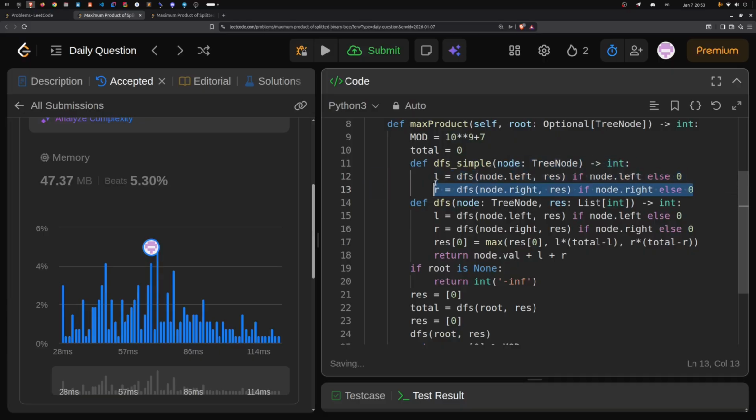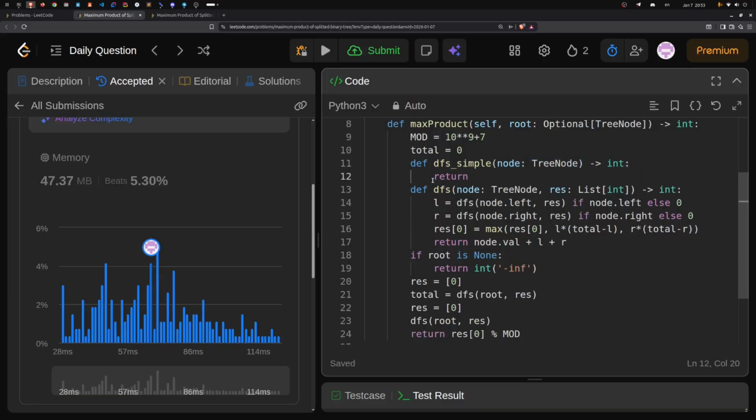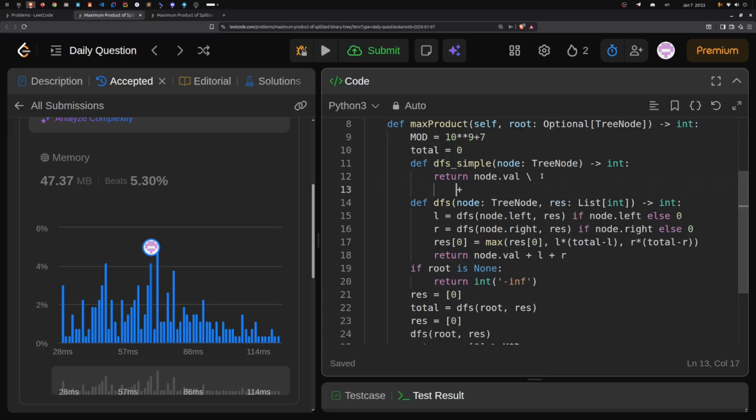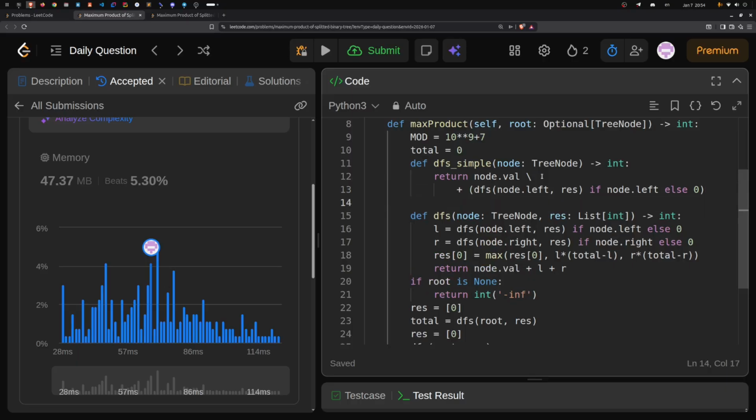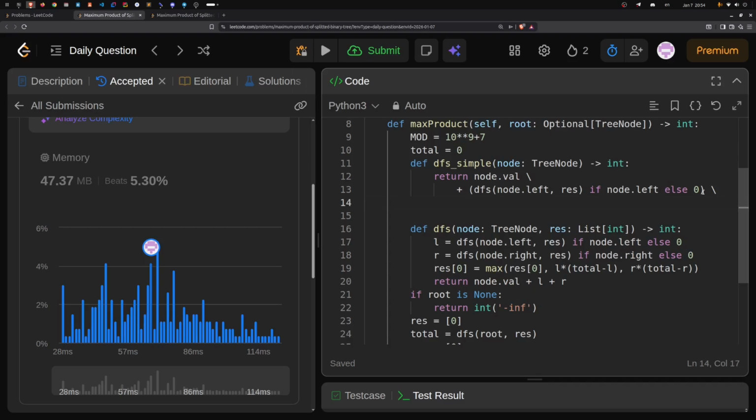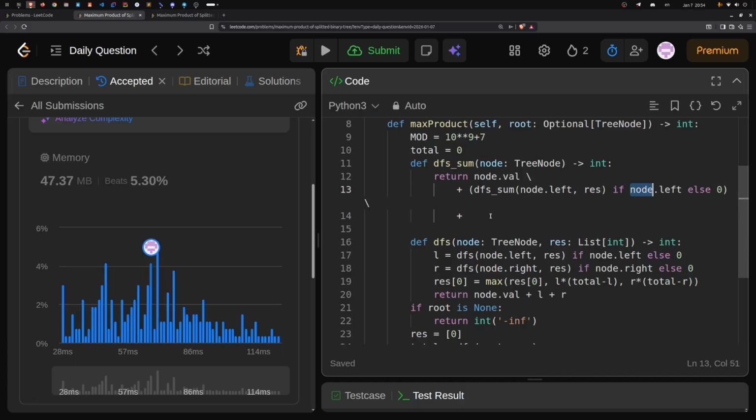As I was doing that, I return node val plus this one, and then plus DFS, call it DFS sum, and then